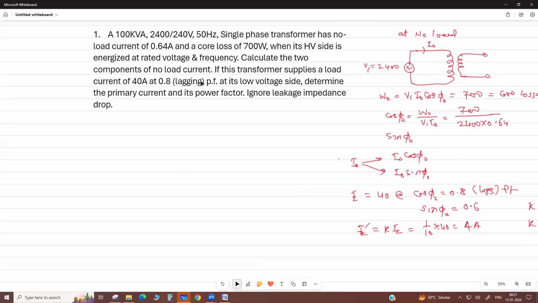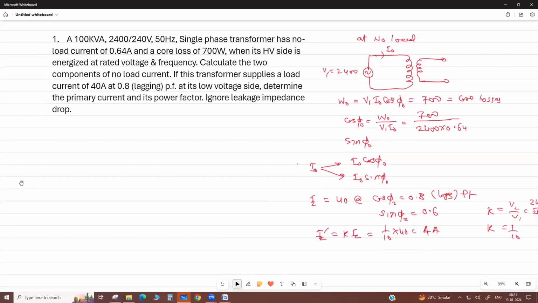So here you try it, I give the 5 minutes। Okay, then we discuss the three phase transformer, because sometimes they can ask the three phase question also।